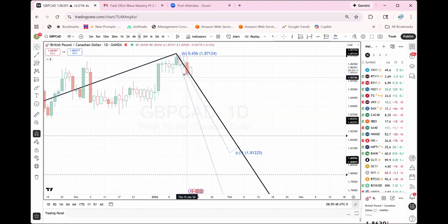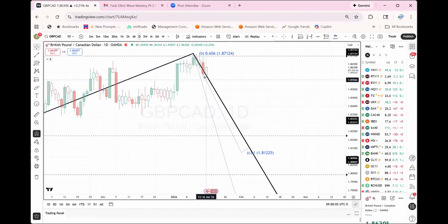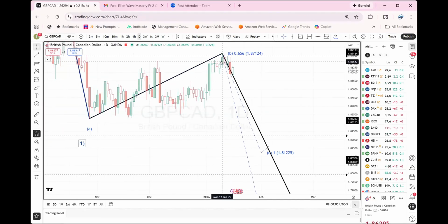But if this closes below the previous bar low, this is now a long-term trend where you could trade this going all the way to here and you target this around 300 pips or so. So this is a 300 pip target for this move here, which is pretty much trading the 2 to 3 wave to this level here, which is 127%.